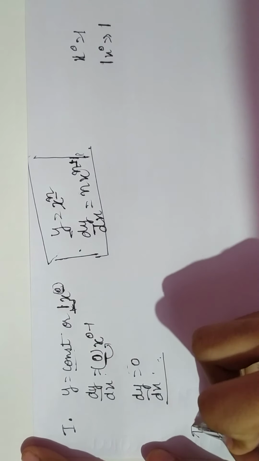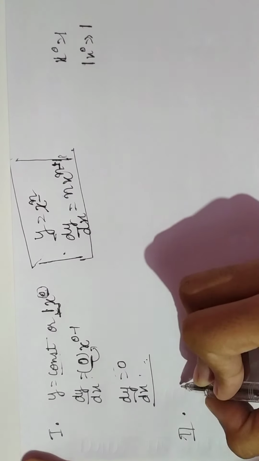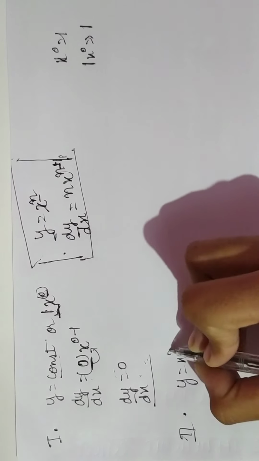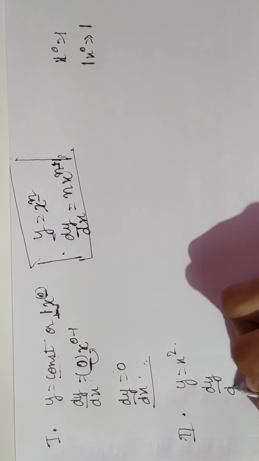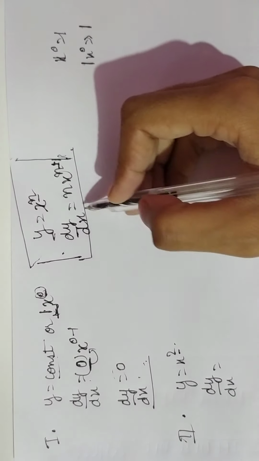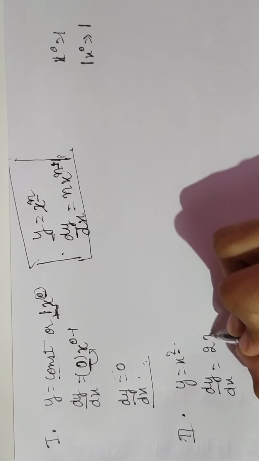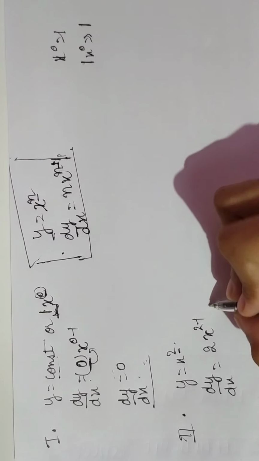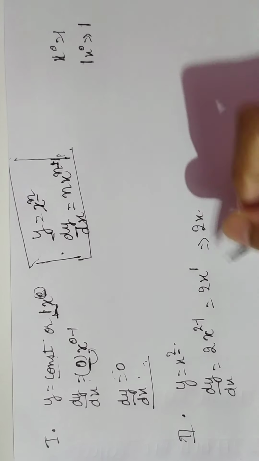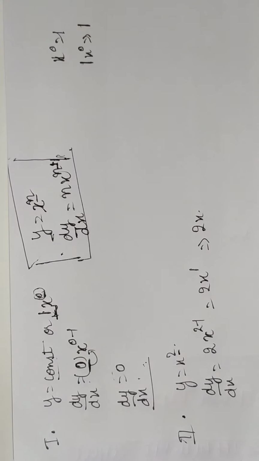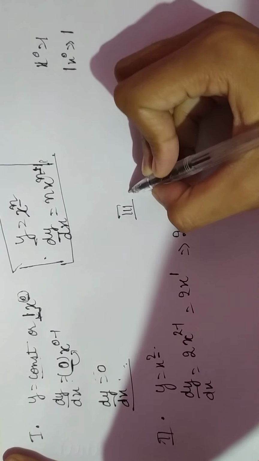Okay, now let us move towards the second example. Let us suppose we are given y is equal to x to the power 2. Now if we want to differentiate this value, what will we get? We want to differentiate dy by dx. By this formula, we will put this value of n, 2, at the front, and now we will put x to the power n minus 1, that is 2 minus 1. What do we get? 2x to the power 1. It is simple, but we got 2x. If we differentiate x square with respect to x, we get 2x. Okay, up till now everything is clear.